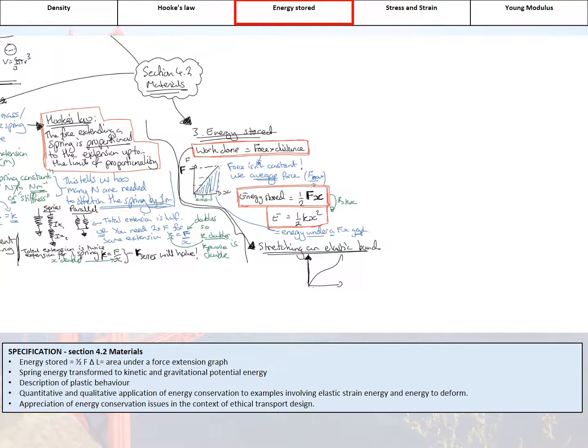When you unload it, as you unload it, it remains, for the same force, slightly longer than it was when you stretched it in the first place. So the area under the loading line here is different from the area under the unloading line, force and extension. So the area under the unloading line here, energy released when unloading,